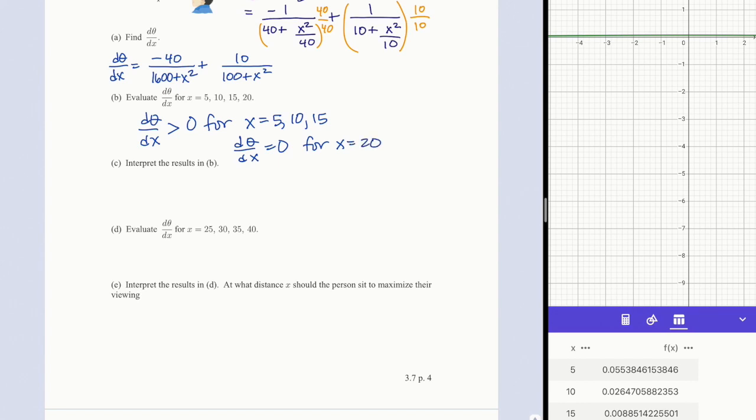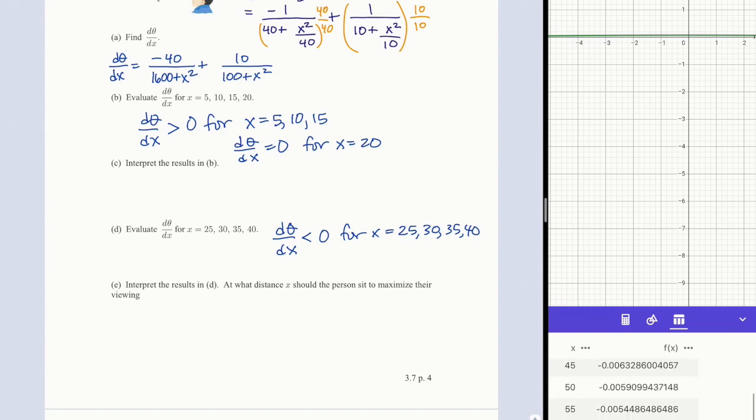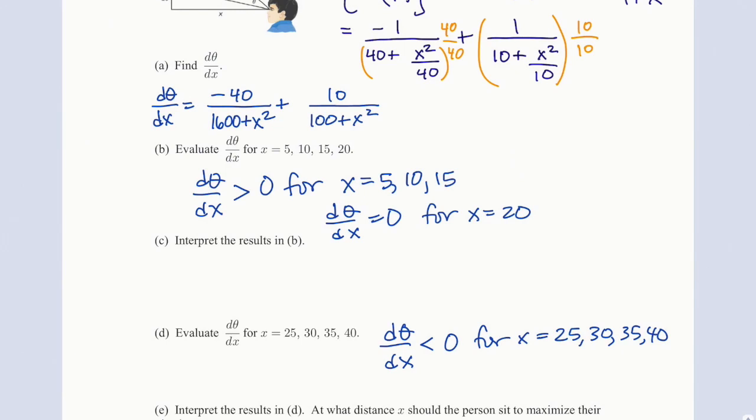And then for the values in part D, d theta dx is negative for x equals 25, 30, 35, and 40. And you can see it continues after that, actually. All these are negative. So this means now we're asked to interpret these results for x equals 5, 10, and 15. So when we're 5, 10, or 15 feet away from the screen,